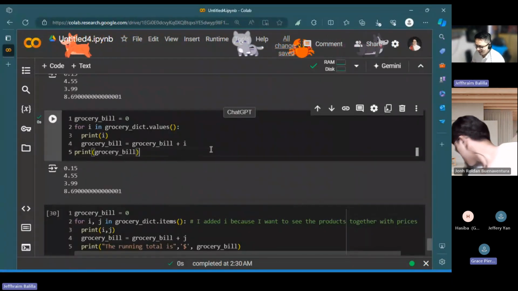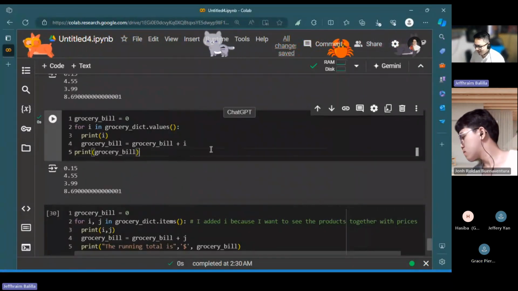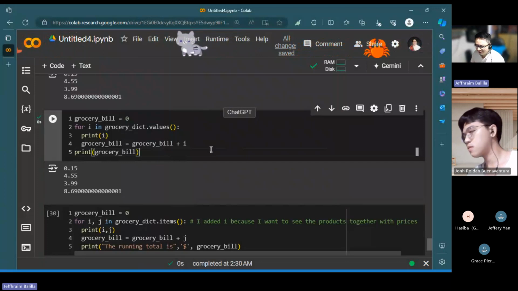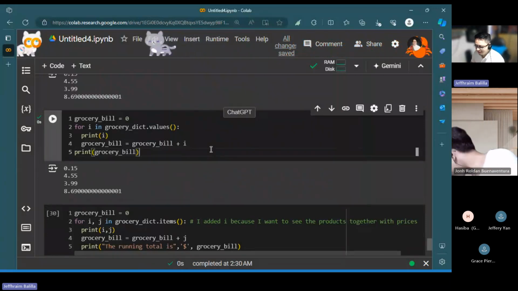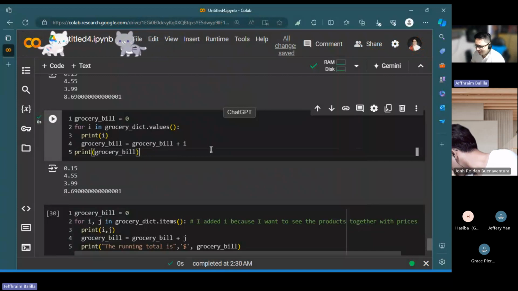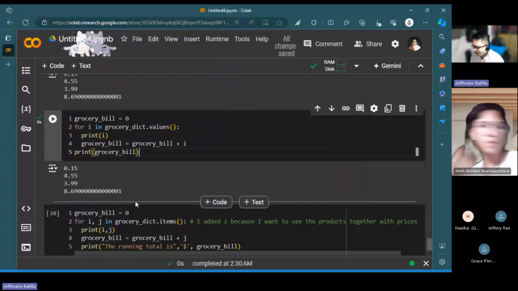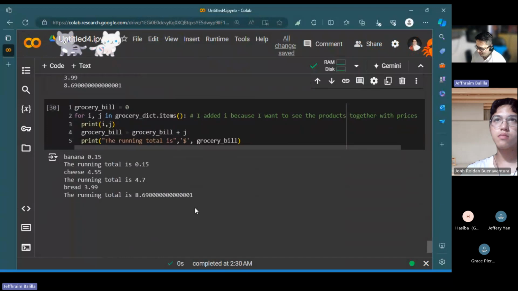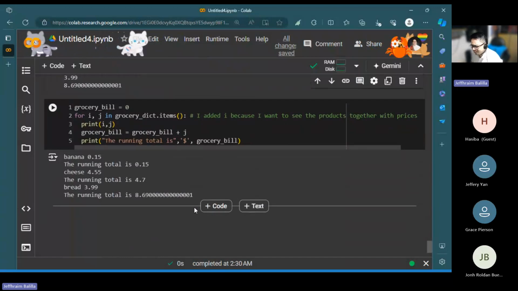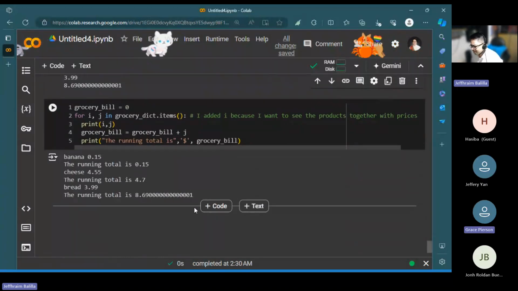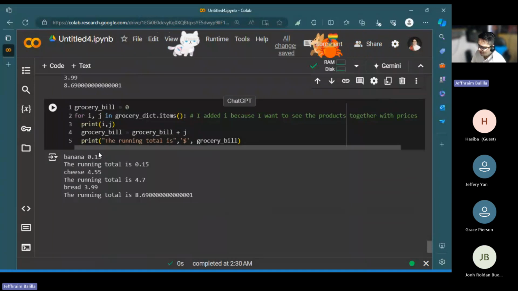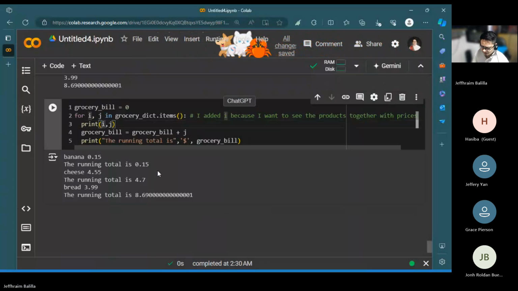Okay, we went over that. Yeah, it would also loop the printing of the running total. Sometimes you want that, you want to see how the values evolve through each of the updates, because you want to verify if you're doing the correct thing. That's what we did here. We just put additional details so that it looks pretty.